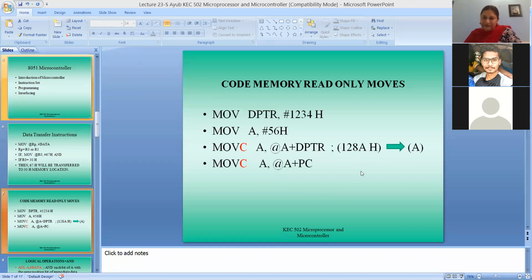Can anybody guess what can be the use of these instructions? Anybody can guess?